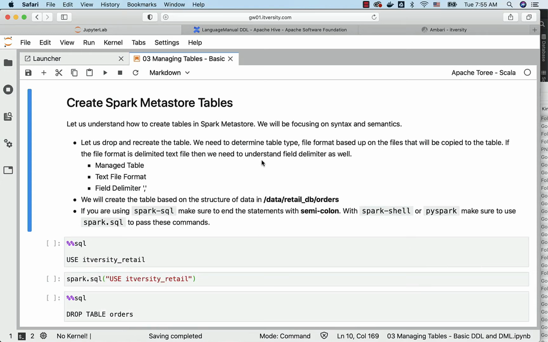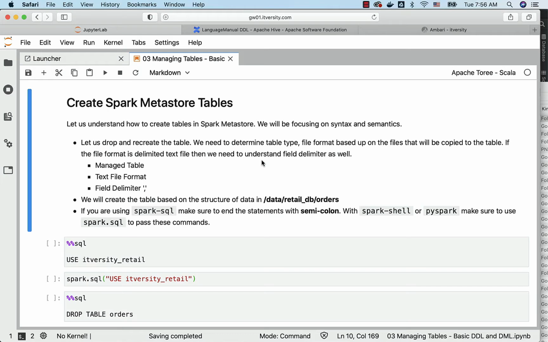However, before getting into creating the table, we need to understand the criteria using which we should come up with the create table command. The first criteria is whether you want to use managed table or external table. You can decide depending upon your preference. You will understand those details once I speak about external tables at a later point in time. For now, let's assume that we'll be using managed table.